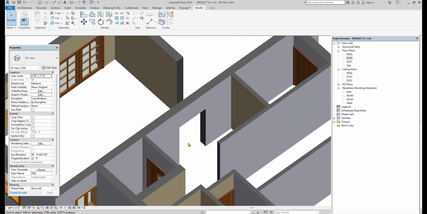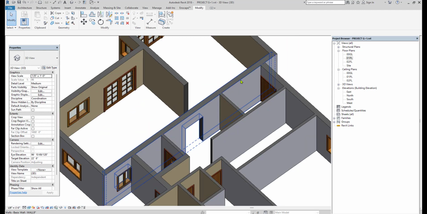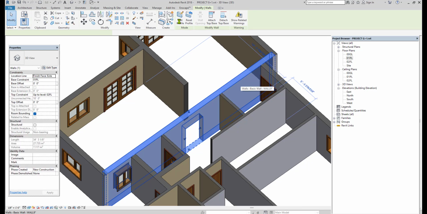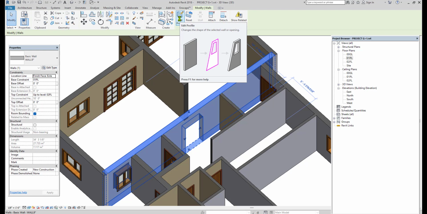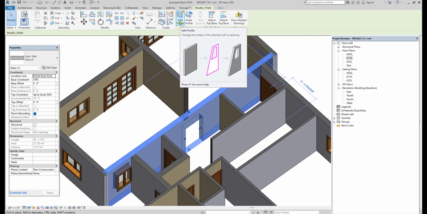Check it in 3D whether you got the opening or not. In the same way, wherever the requirement of the opening is, you can continue the same process by using the edit profile wall. Make sure your design is in a closed loop and the lines do not intersect each other. You can even use this concept to create any wall design, compound wall design, parapet wall design,